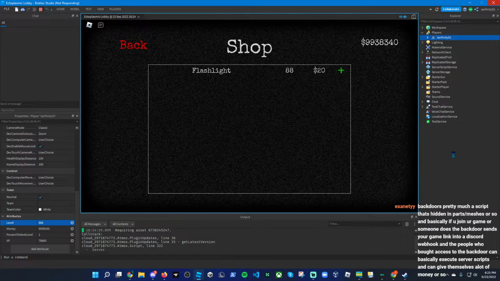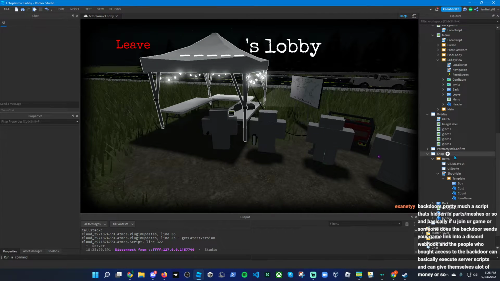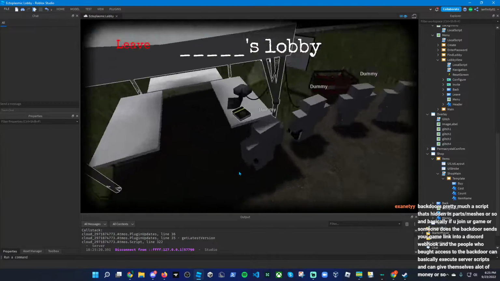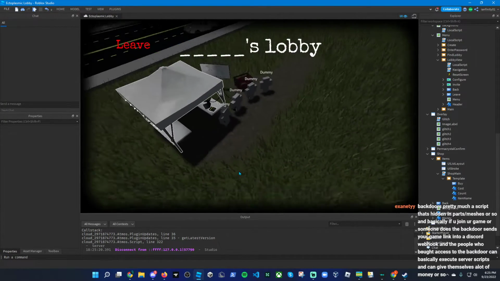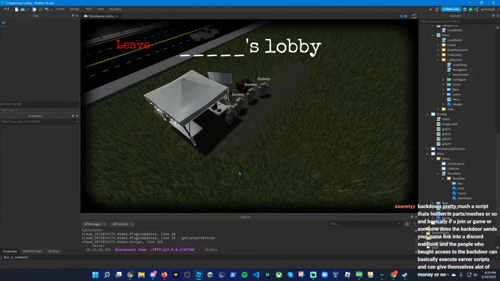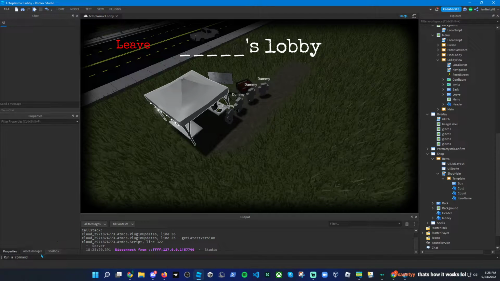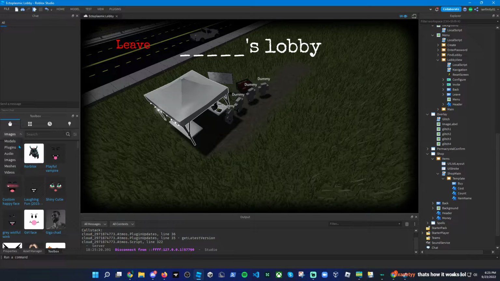Backdoors is pretty much a script that's hidden in parts or meshes. Oh, I know those. Yeah, I know those. I'm most familiar with the ones that teleport you into your game. It's like viruses, but they let you access stuff you shouldn't normally. Yeah, I think I found a couple of those, like, if I go into the toolbox, there's this one thing